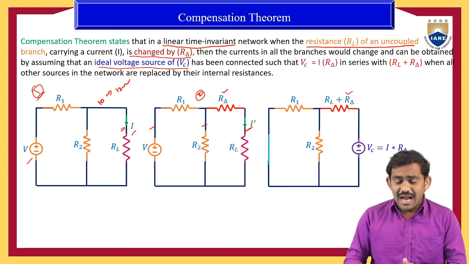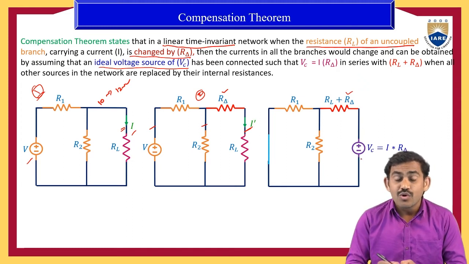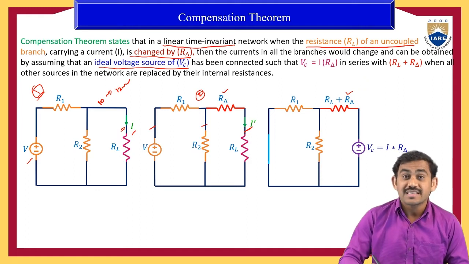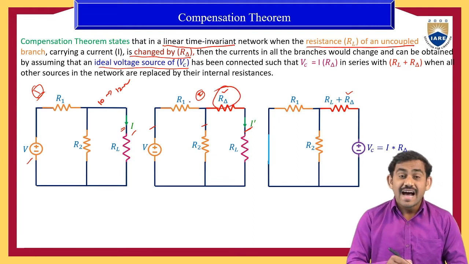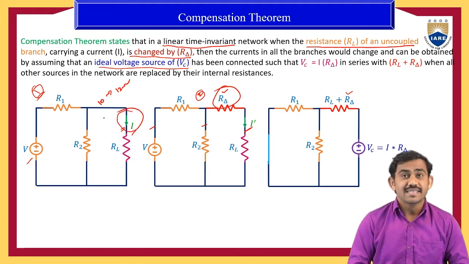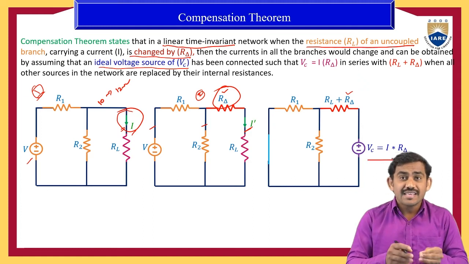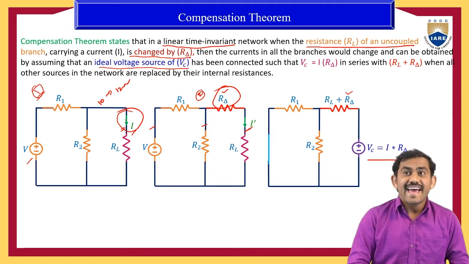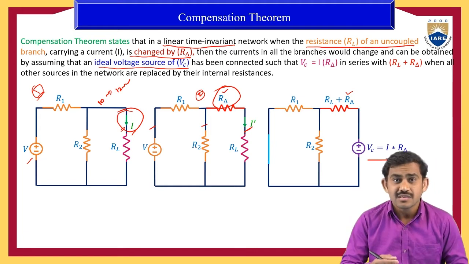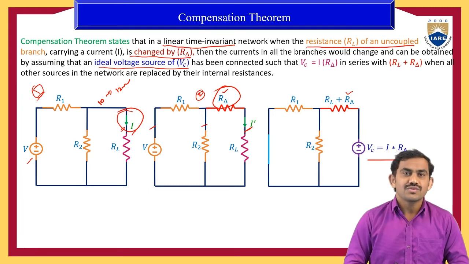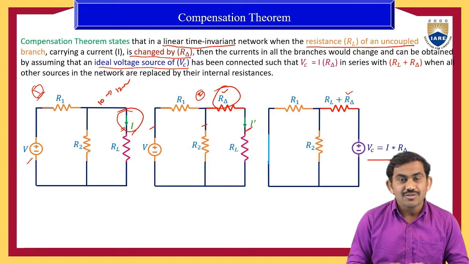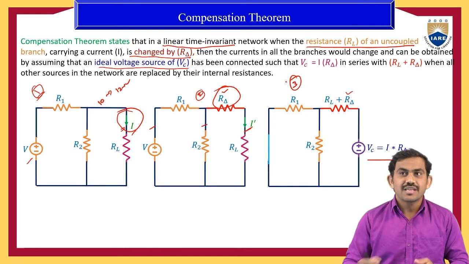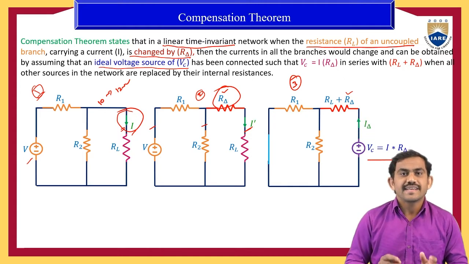And in the remaining RL branch, we have some voltage now. That voltage is VC. That voltage value depends upon how much the resistor is increased, that is R delta, and your main circuit current. So your VC value is I into R delta. So I is nothing but the main circuit current, as well as how much the resistor is increased. So your VC is nothing but I into R delta. Okay, then in this circuit, circuit 3, the current is suppose I delta.